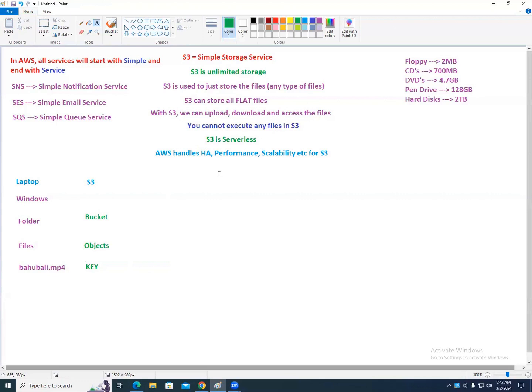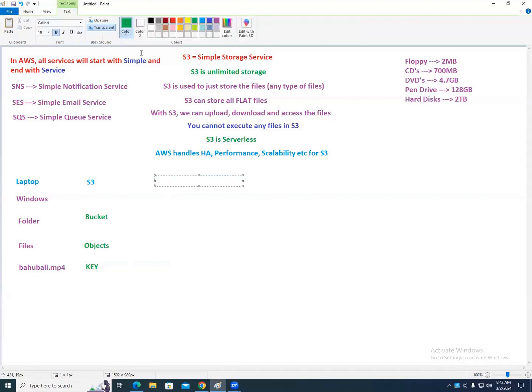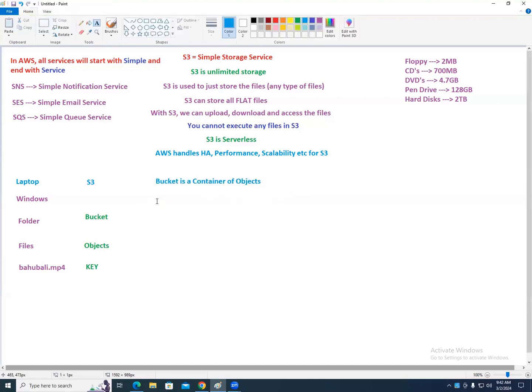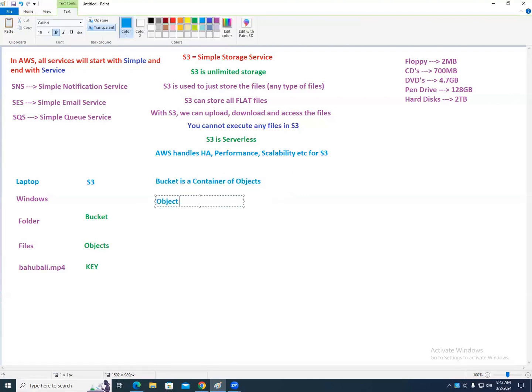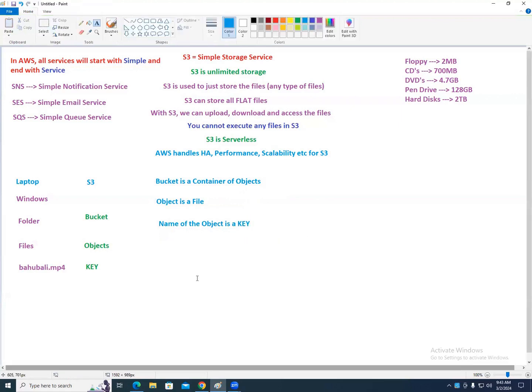An object is a file. What is the name of the file called? A key. Understood now, right? So I'll write it here. Bucket is a container of objects. Object is a file. Name of the object is a key. Is it clear?